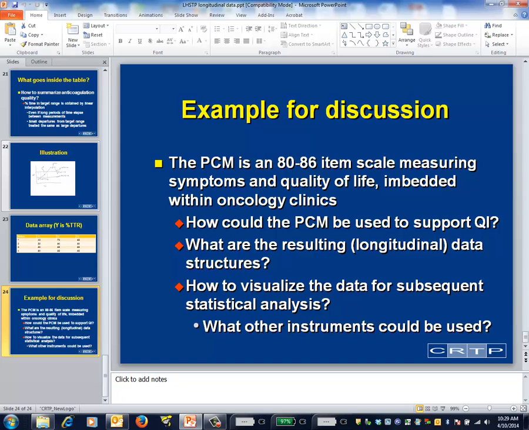We closed our session with a discussion of the sort of QI applications that could be supported by a longitudinal collection of patient-reported outcome data. The key insight was the need to accommodate the fact that the measurement schedule for patients will be irregular, suggesting that the best way to proceed might be to ask how the multiple observations per patient could be boiled down